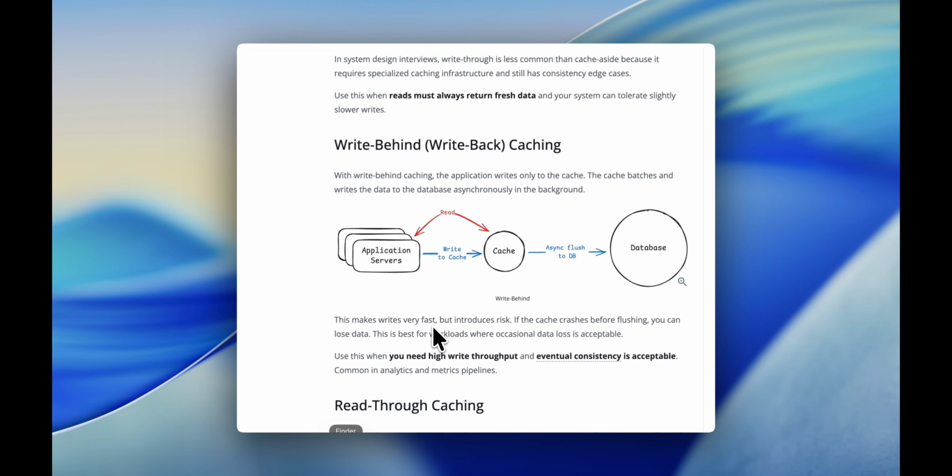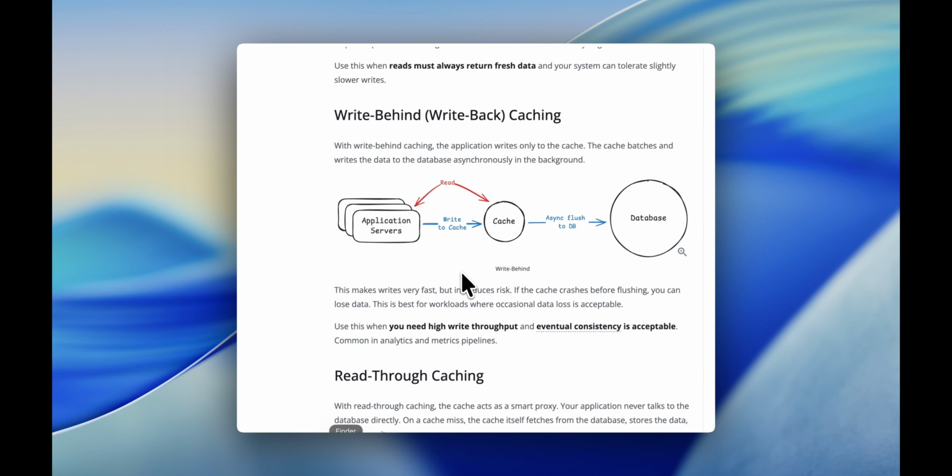Okay, this makes writes very fast, but introduces risks. For example, if the cache crashes before flushing the data, you can lose data. So this is only best for workloads where occasional data loss is acceptable. Okay, and when should you use this? You should use this when you need high write throughput and eventual consistency is acceptable. Okay, by high write throughput, you mean lots of people are trying to have write operations on your application. Okay,